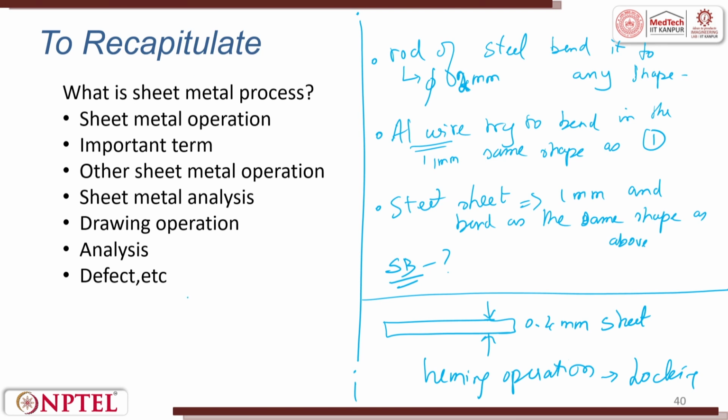So, in this lecture, what did we go through? We saw what a sheet metal process is. Various sheet metal processes: blanking, punching, shearing, cutting, drawing. These are some of the operations we saw. Then we saw forming also. Important terminologies with respect to the die we saw. Other sheet metal operations we studied. And for 2 of the processes, we saw the mechanics analysis to find out the force required for cutting, shearing or deformation. Then the analysis of the drawing operation, and defects like wrinkling, tearing and scratching, all these things we saw.